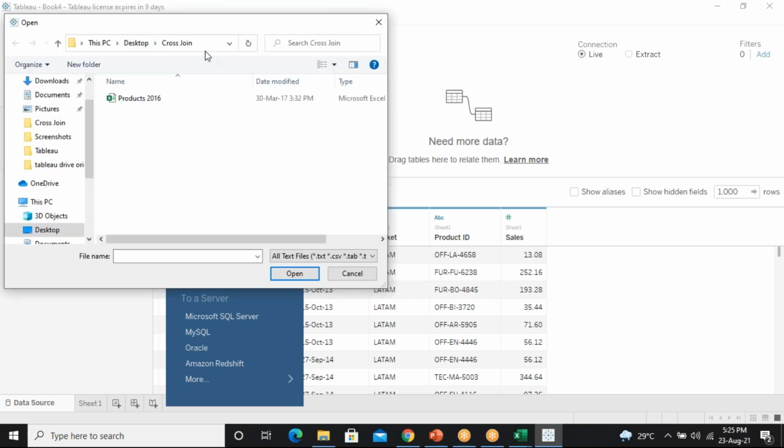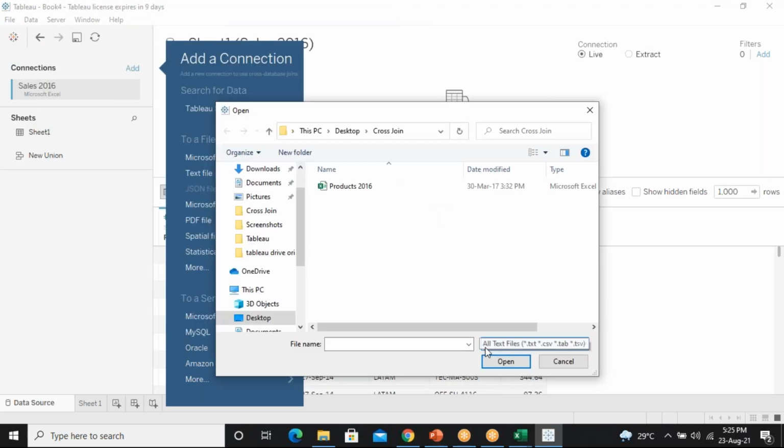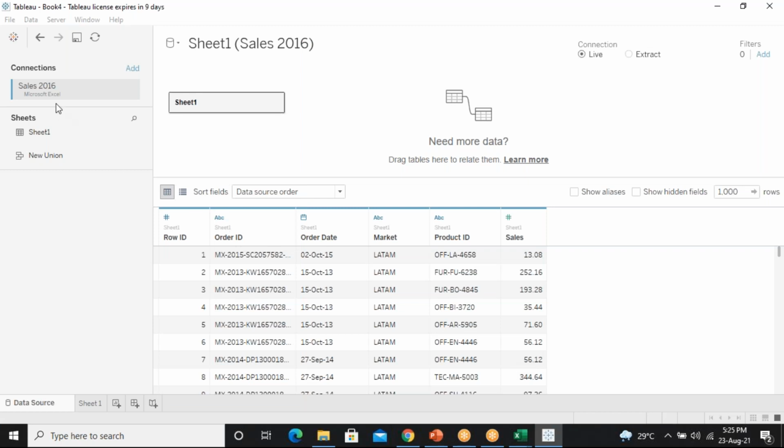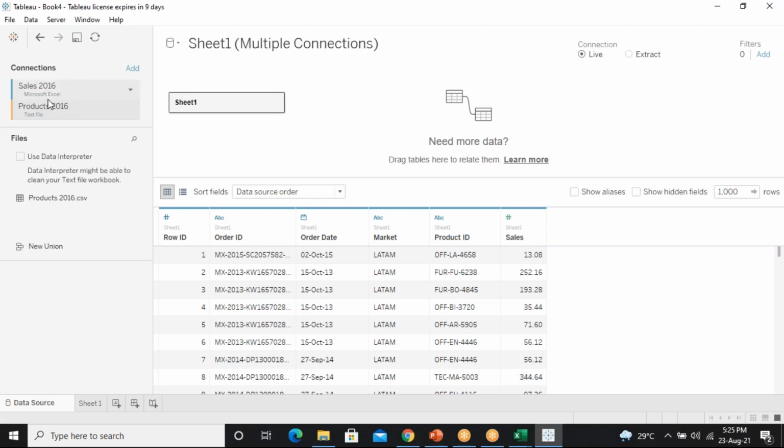and select. See, automatically one more file is not coming. What one? Sales is not coming because I'm searching for all text files here. So that can be like .txt or .csv, .tab or tsv files. So CSV, I'm getting this one open. Both I'm getting right now. So on the left side, can you see sales in blue color and products in orange or yellow color, whatever you think it.